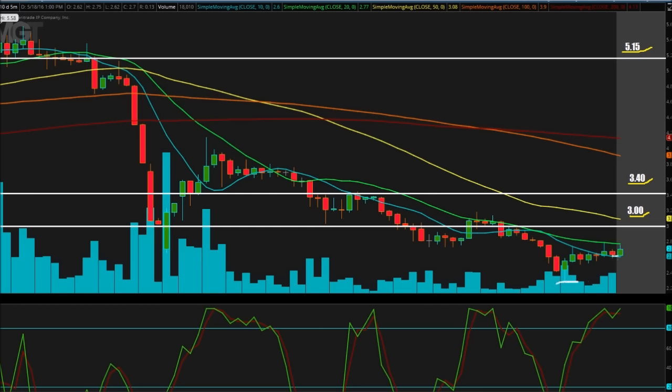So $2.20 to $2.60, I'm just going to throw it out there. That's a pretty nice swing that some people got in the day if they sold. If you got in at $2.20 and you ended up selling around $2.60 in that 30-minute time span, I want to give you guys props. That's very well played. I don't think a lot of people did get that play, but for those that did, that was a very nice, quick, over 10% gain right there. So good job. So we have those 3 main areas: $5.15, $3.40, and $3.